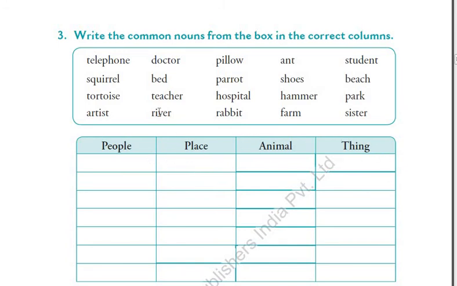Yes, for example, if we say farm is the place where the farmers work and cultivate the crops. So it is a place. It is neither a person, nor an animal, nor a thing. It is a place. So you have to write farm in this column. So even this, if you have forgotten how to solve it. Yes. And then again, park.